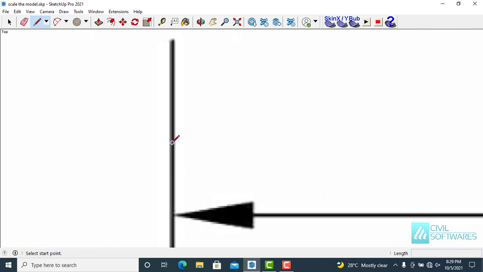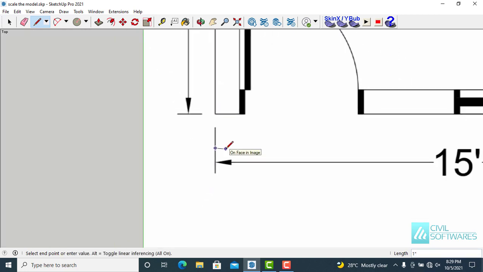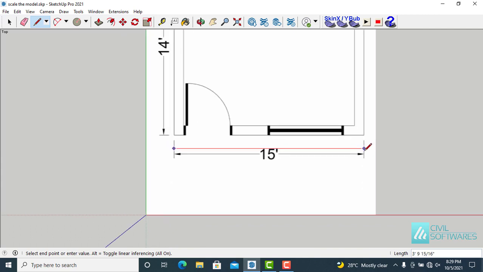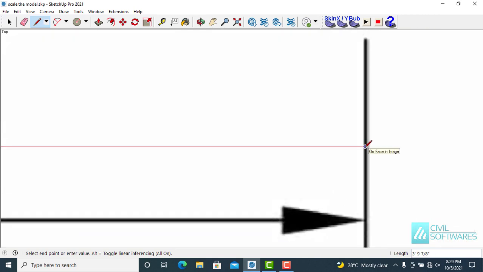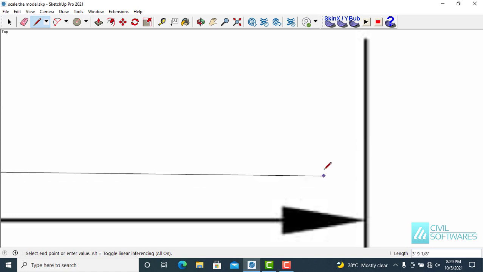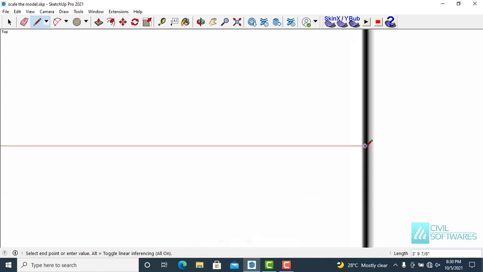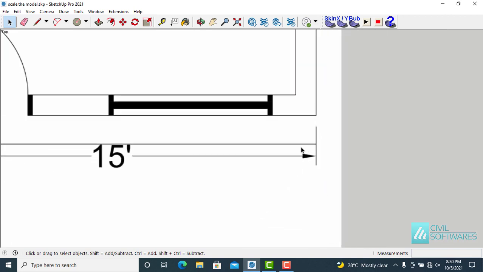and click in the middle of the line. Click and release, and now go to the opposite edge. Make sure the line is along the red axis. Zoom in a little bit more and choose the mid of the line. Click and release. And now zoom out